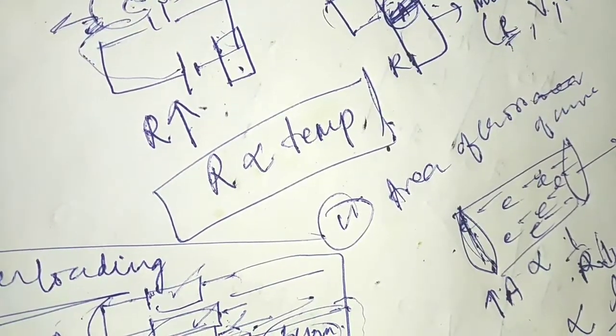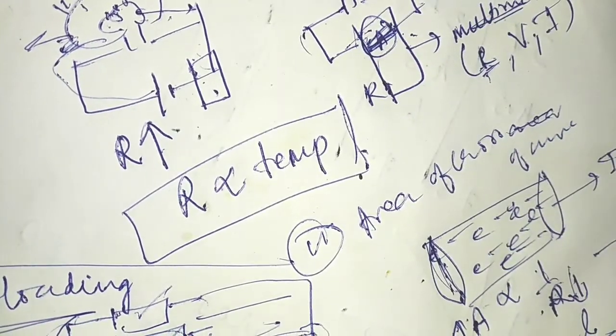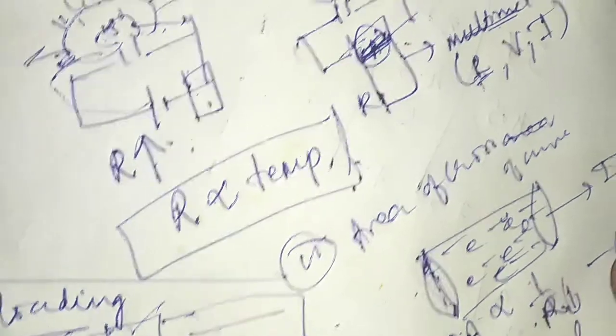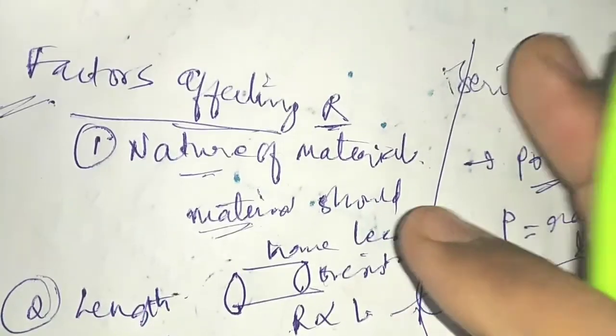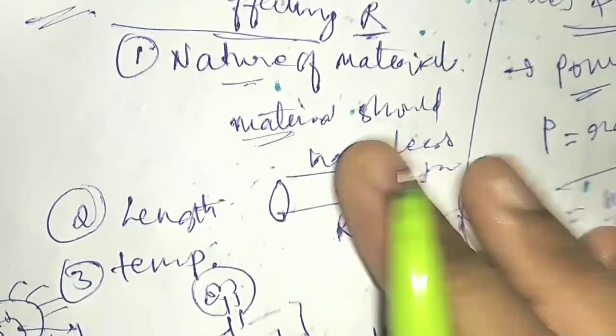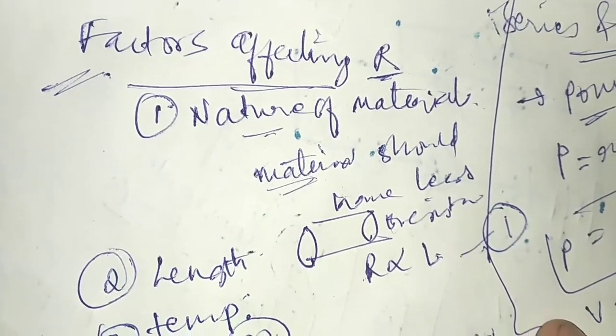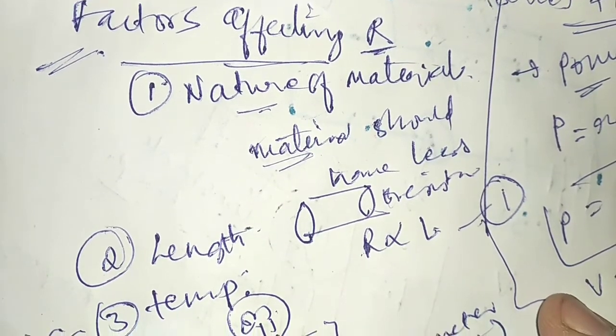Okay students, so this was the complete lesson of the electric current lesson. I have already made videos on series and parallel circuits, and on factors affecting resistance, which are left topics here. Please go and watch those videos. If you still have doubts on this lesson, please comment and I will surely clear all your doubts.